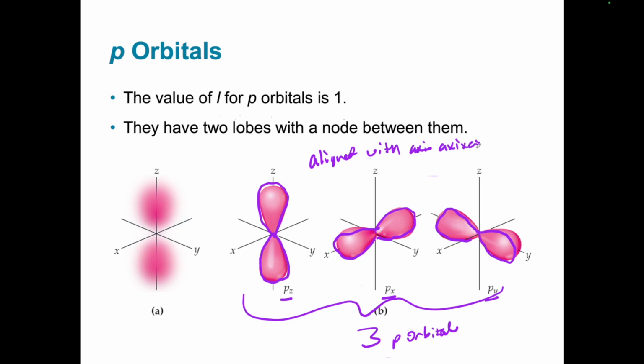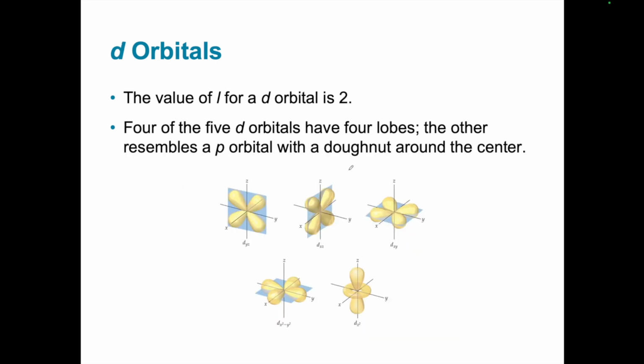Whatever, axes. These are all aligned with the axes, whereas the d orbitals are all aligned with the planes. Aligned with the planes, right? So here we have the dyz,